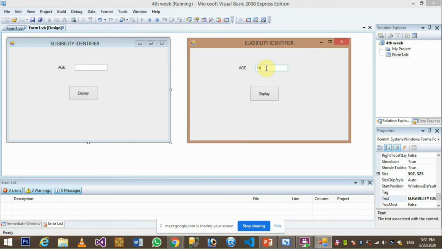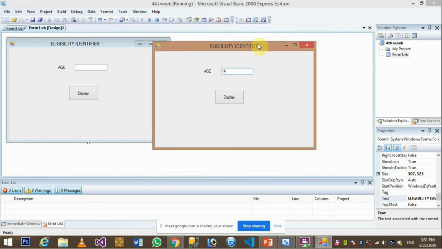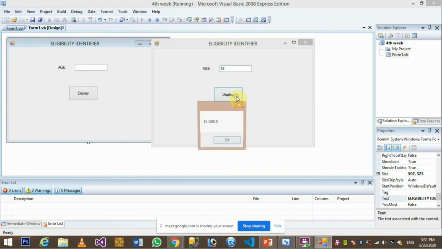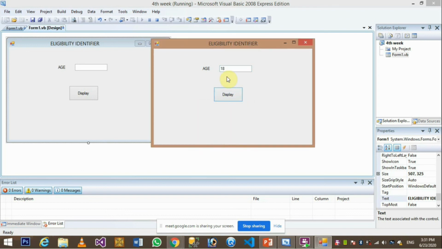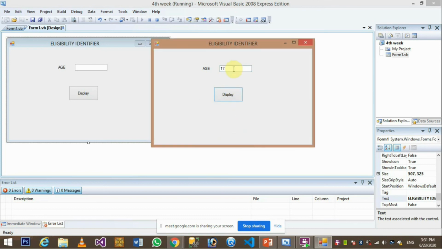What does that mean? Because we have made an application for any ride which considers that the ticket buyers should be 18 plus or 18, right? Eligible to buy the tickets. If it is 17, it's not eligible to buy the tickets.